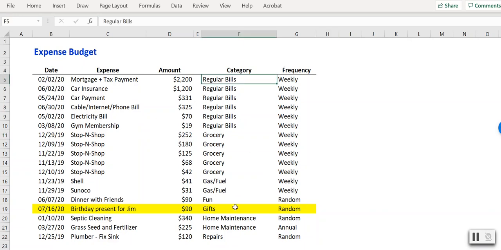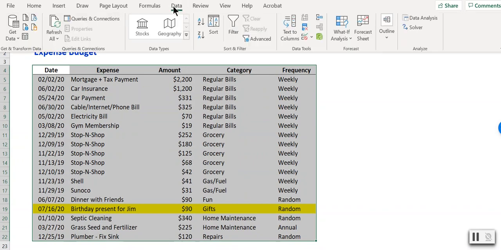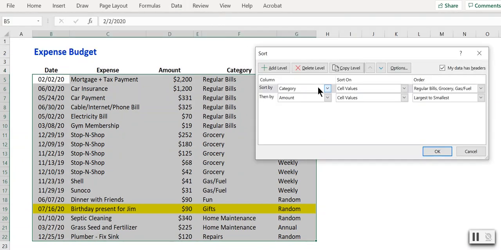All right, you may want to have all the highlighted items up top. So how do you do that? You can do that as well. So let's highlight our list again. We're going to data sort, and we're going to delete all these levels and start over. All right, so we're going to add our first level of sorting, and we're going to sort, let's just say,